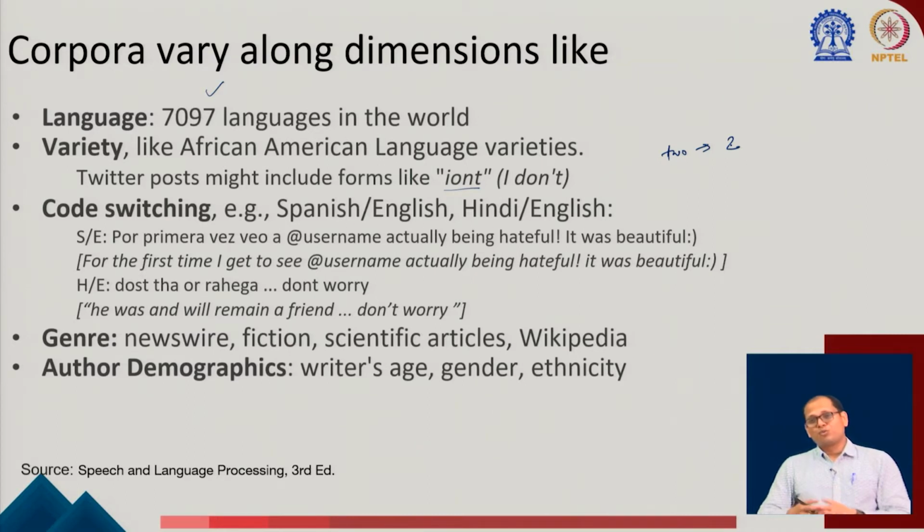People may use code switching for the ease of writing. Suppose you are a Hindi speaker and you are chatting with someone, you may use words from English as well as Hindi for your conversation. This would be called code switching. You're switching from one code to another, from English to Hindi, while writing everything in Roman. Like here, "dost tha aur rahega, don't worry". This is an example where you have Hindi followed by English. So this is code switching. It actually means he was and will remain a friend, don't worry. But you are using Hindi in Roman